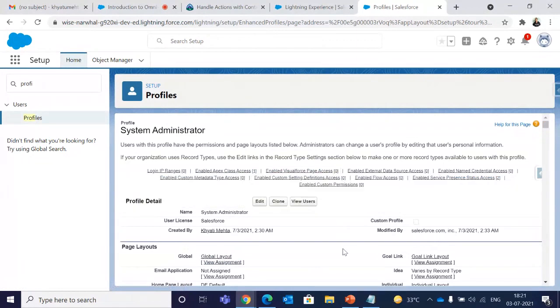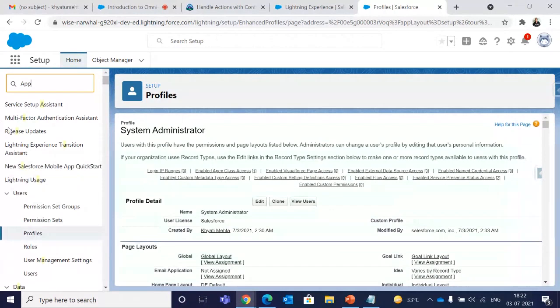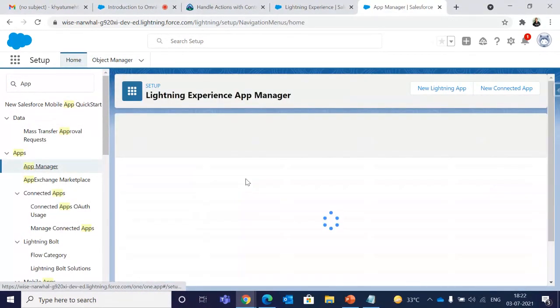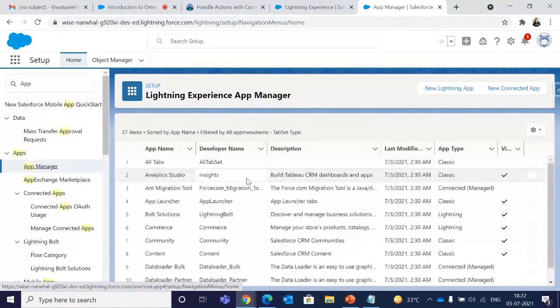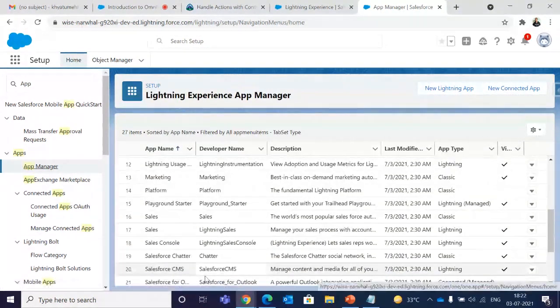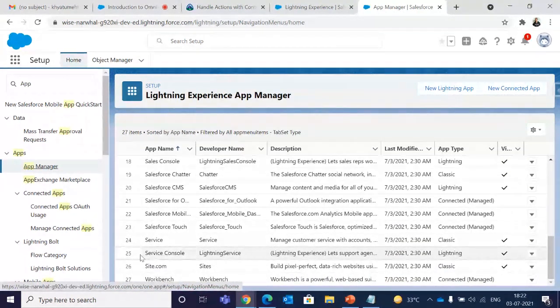So everything is now done, but I haven't given the omni-channel utility in my application. So I'll just go on App Manager. I'll select any application that is related to service. So now I'll just select Service Console, click on the drop down, click on Edit.